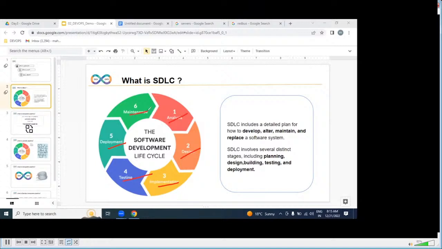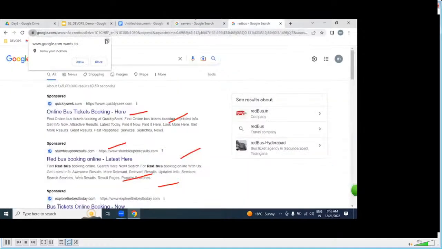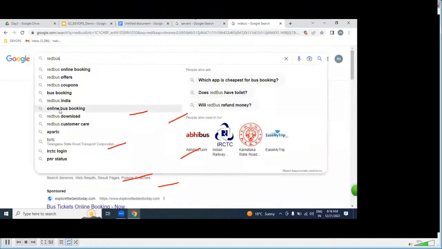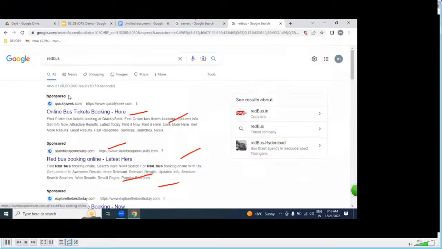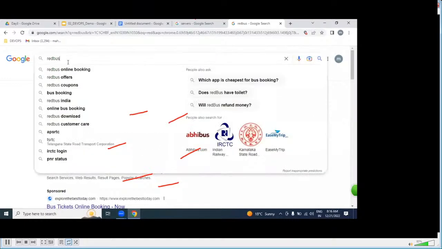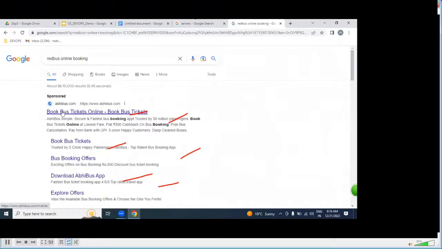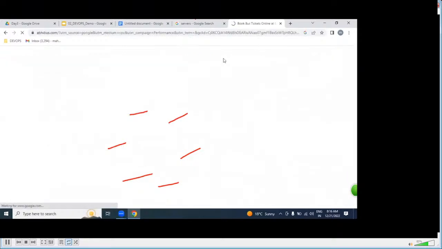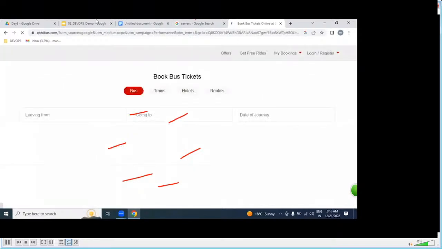By following these stages and phases, we can produce working software and place it on the server side. Then we access it as a website, such as Redbus or Book My Show, or Abibus, whatever it may be.